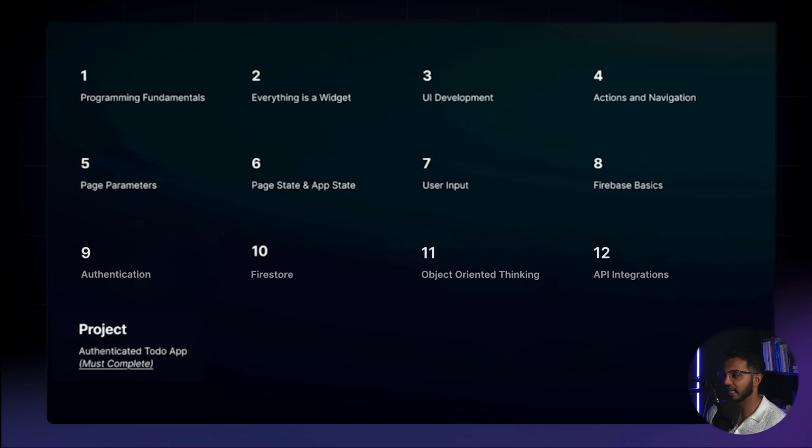API integrations, many of y'all want to integrate third-party data or services into your platform. So I'll teach you the basics of APIs, and then we will do projects. These are going to be mini projects, and if you are in the Dreams into Apps basic training and you're watching this course, you're going to be required to do the Authenticated to-do app project. These are projects that are going to contain pretty much all the building blocks that you will need to learn to build pretty much any application.